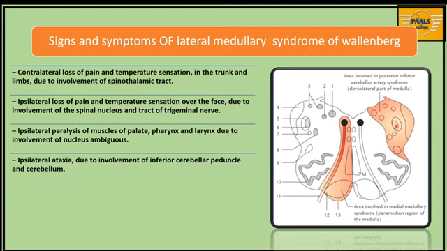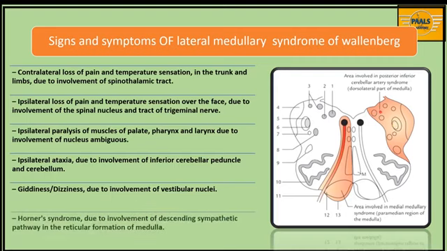We also have ipsilateral paralysis of muscles of the palate, pharynx, and larynx due to involvement of the nucleus ambiguus. We can also notice that we have the nucleus ambiguus around this region of the medulla. We still have ipsilateral ataxia due to involvement of the inferior cerebellar peduncle and the cerebellum. So here is the inferior cerebellar peduncle, and then we also talked about it affecting the lower part of the cerebellum. There is giddiness or dizziness due to involvement of the vestibular nuclei around here,